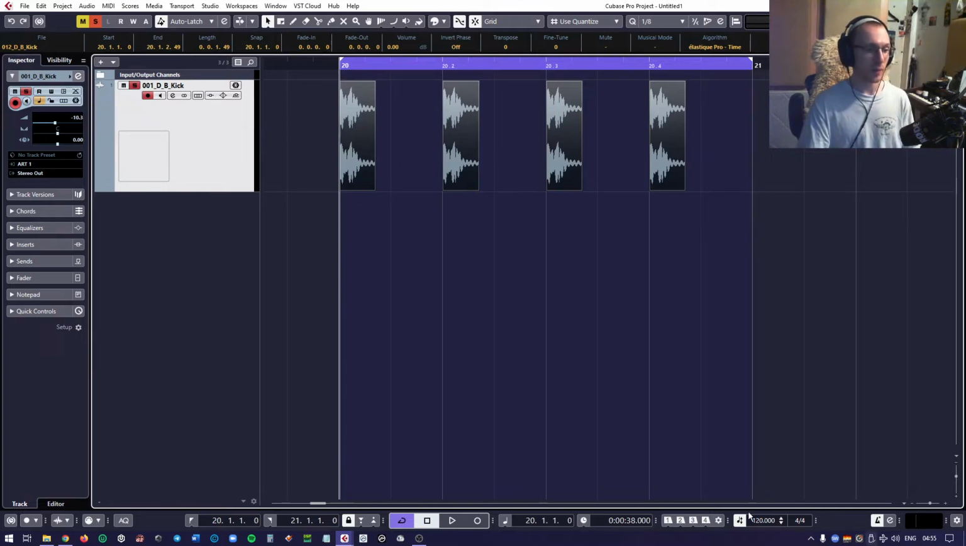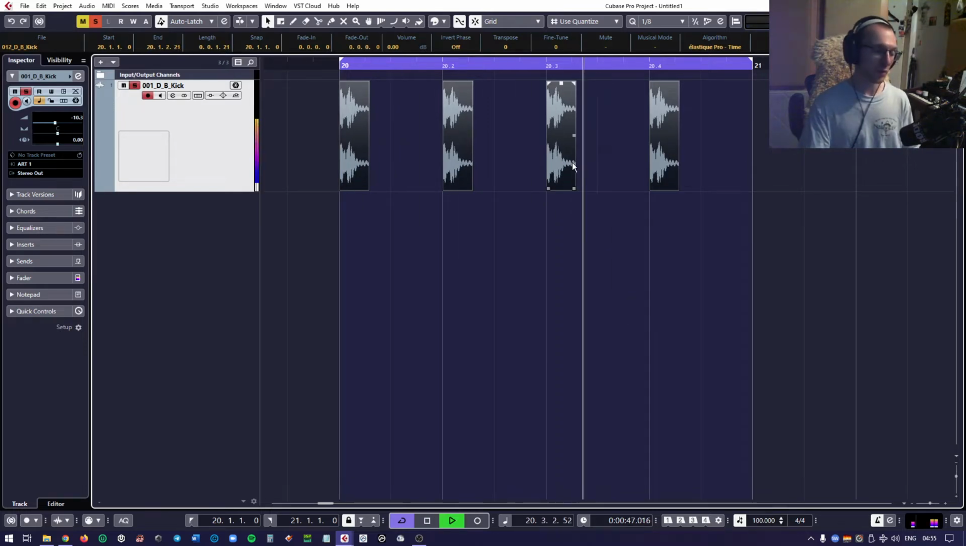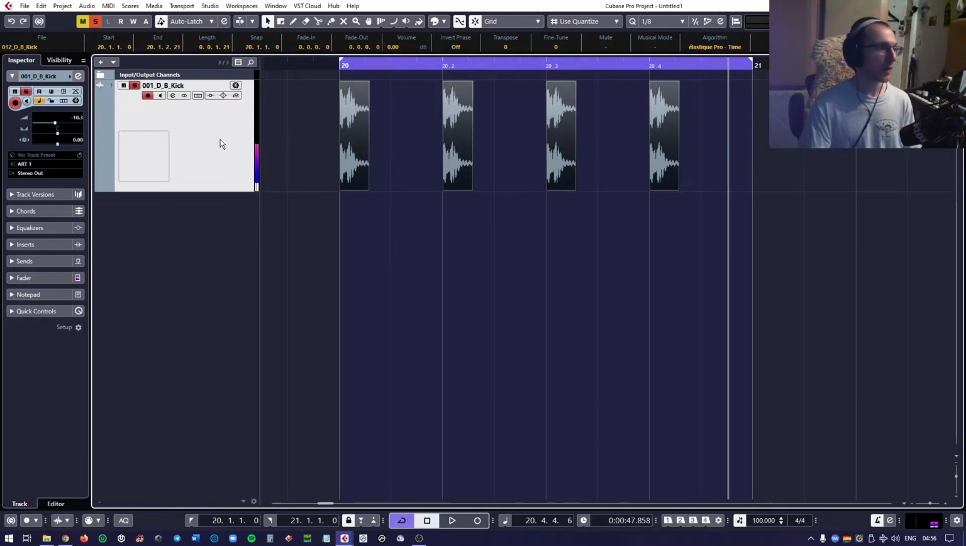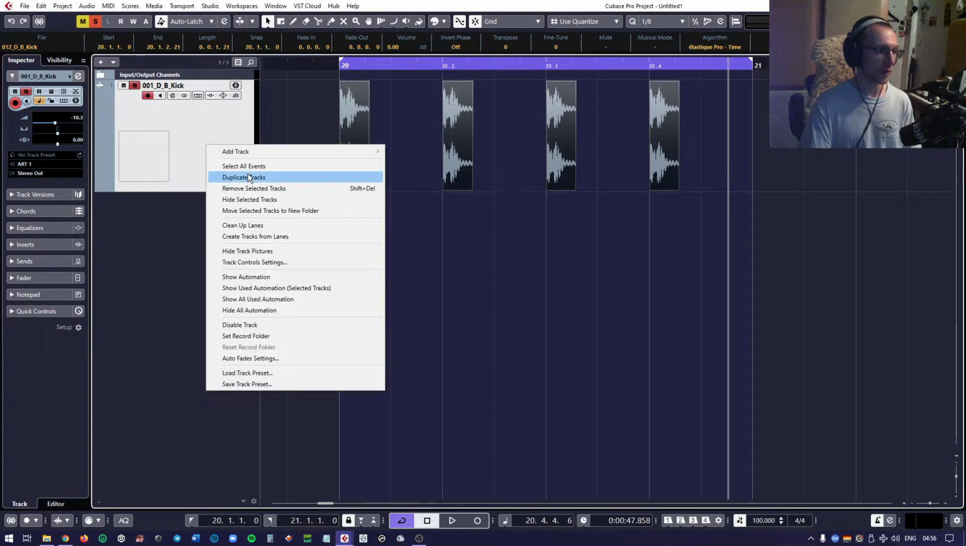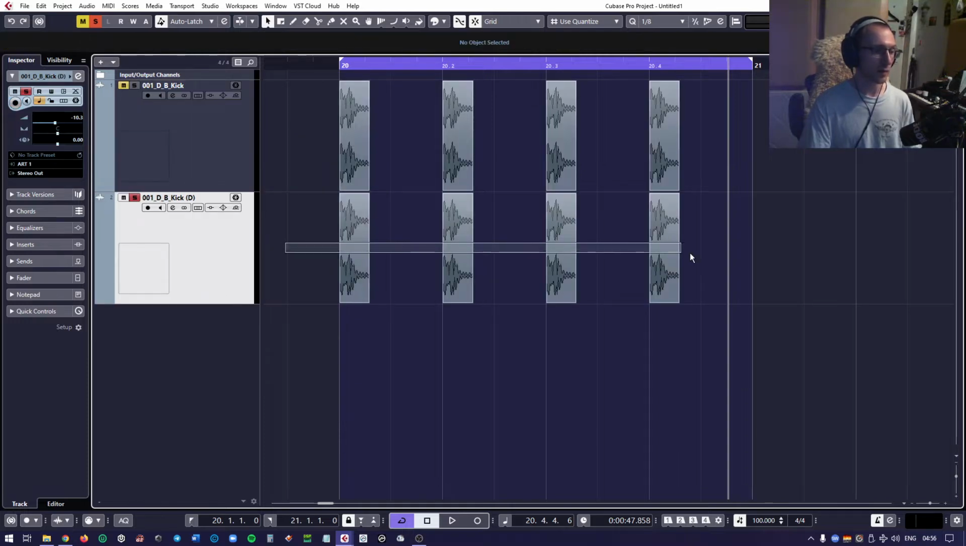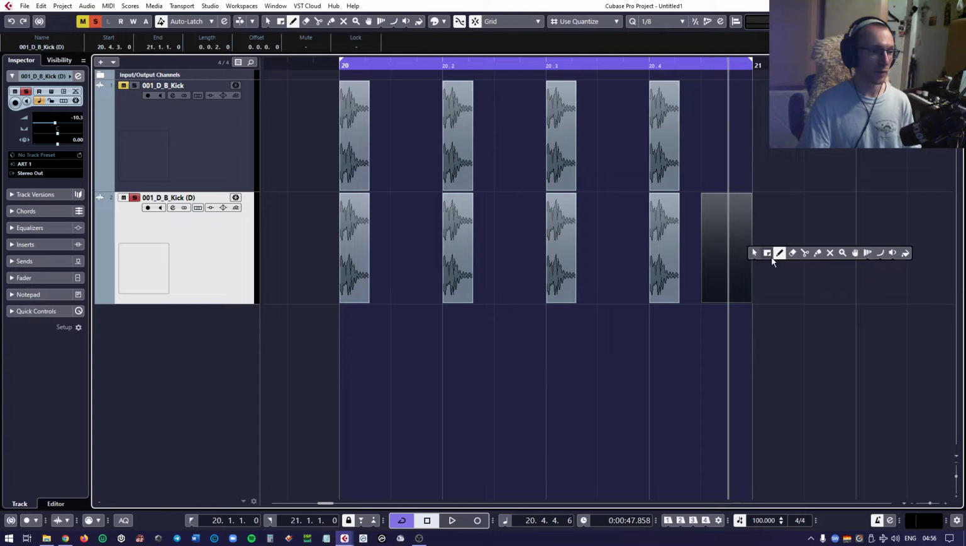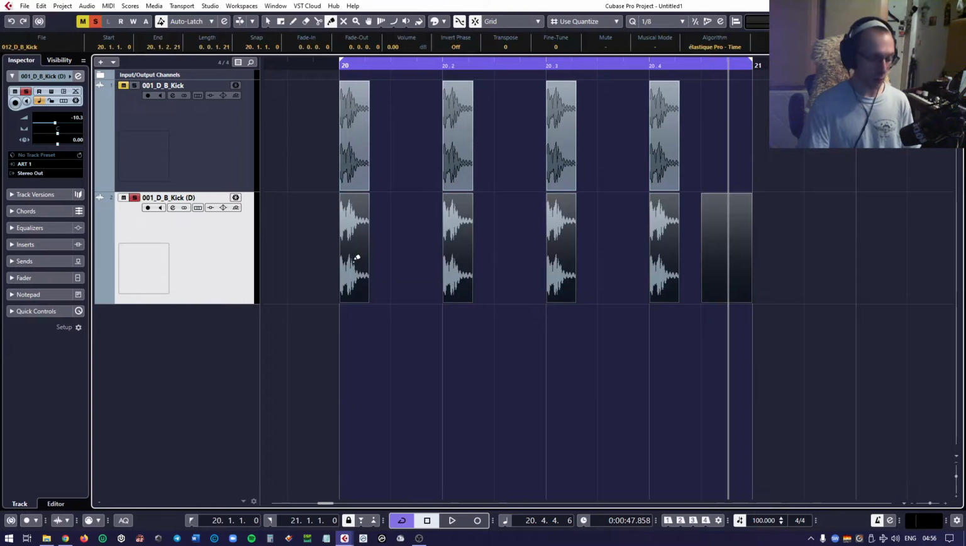Okay, so I can adjust the tempo any which way I want. I can make it slower, I can make it faster, 100 BPM, and the sample stays exactly the same. The only thing that changes is the tempo. Now, to make this clearer, I'm going to duplicate this track, okay, and I'm going to turn this event here into a single long block of audio, okay,